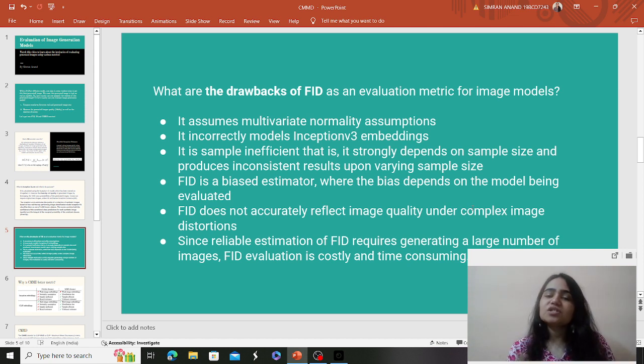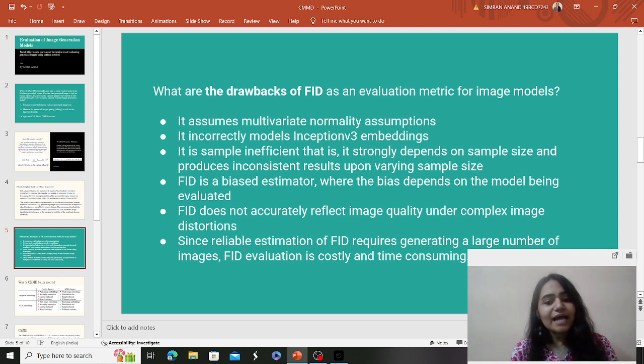It's not able to capture the noise, or not able to identify that there is distortion in the image at all. So we need a reliable metric to even be able to identify that there is a distortion in the image. Or on the other hand, if you don't have distortion, there is gradual improvement in the quality of the image after iterations of image synthesis. The metric should be able to even identify the improvements. But FID unfortunately is not even able to identify the improvements as such in the experiment phase.